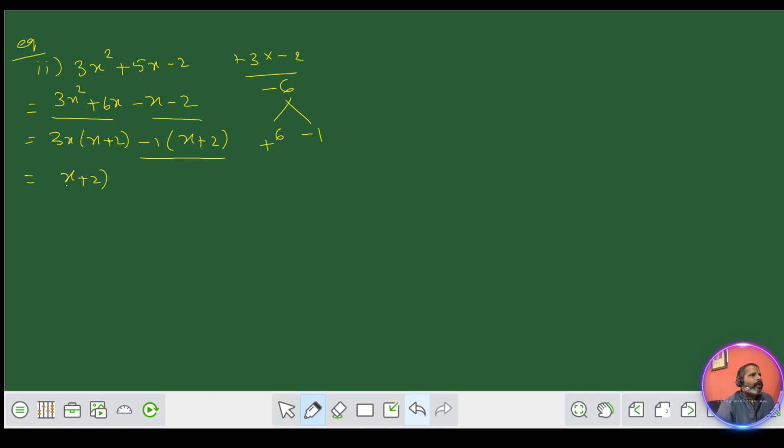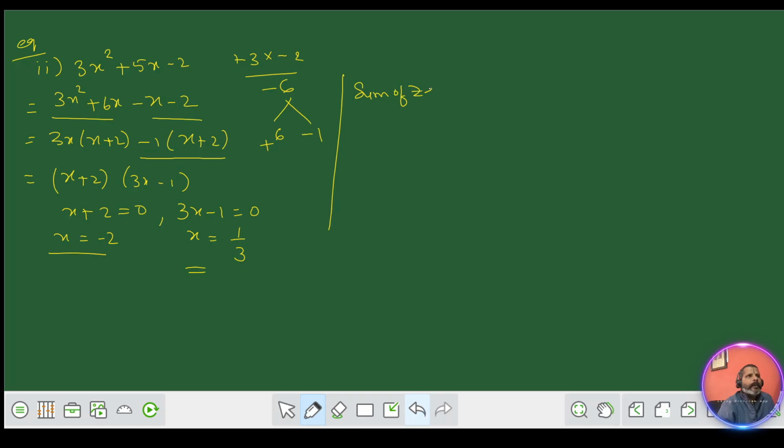Then here take x plus 2 common, we get 3x minus 1. To find the roots, equate to 0: you get one of the zeros as minus 2. Then 3x minus 1 is 0, so x is 1 by 3. These are the two zeros for the given quadratic polynomial. Now verify the relationship, right? So what is the relationship? Sum of zeros, right? Sum of zeros is equal to